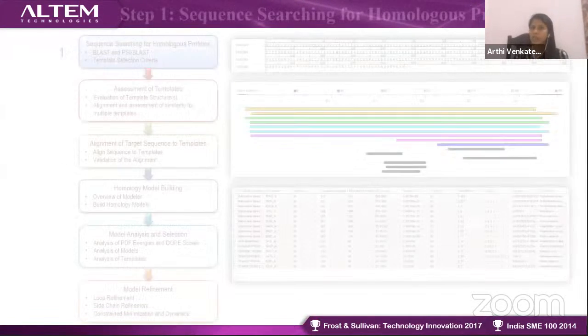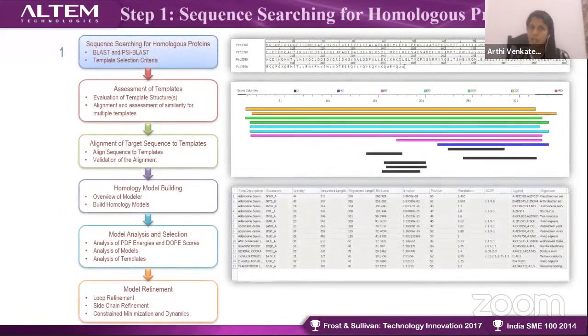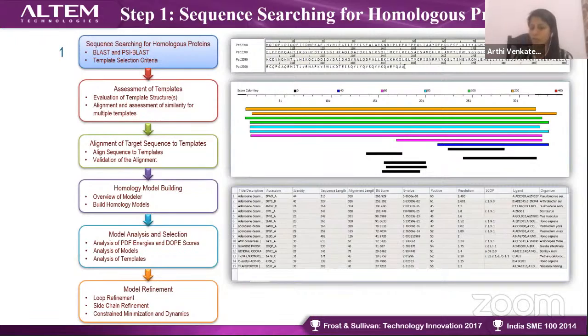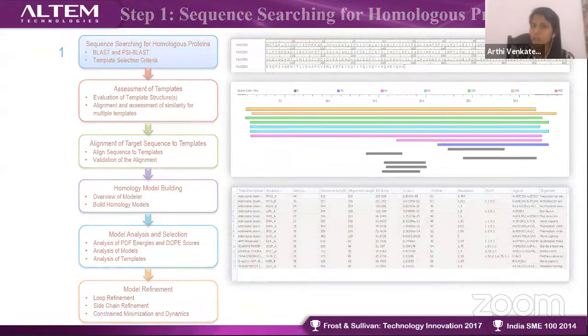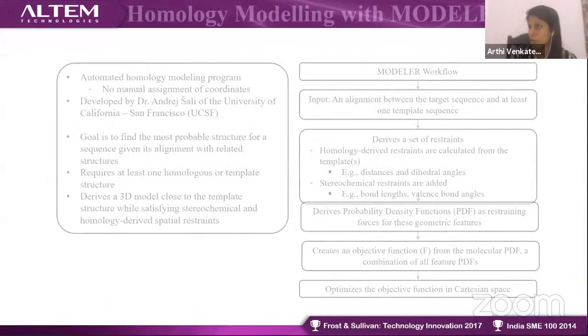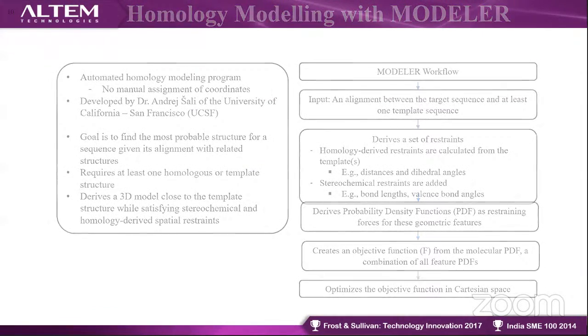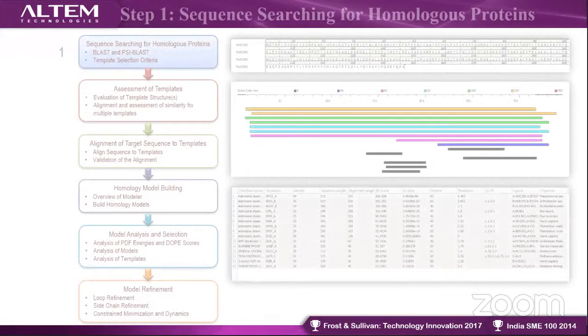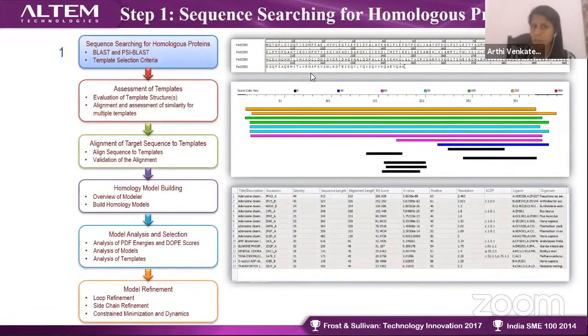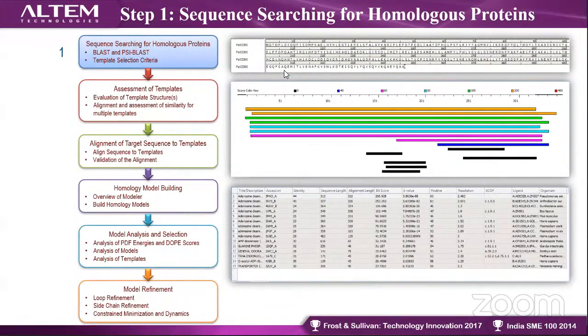So, coming to sequence searching for homologous proteins. This is completely from BioVia Discovery Studio. Whatever I have mentioned here, you can do in the online servers. And here what I am representing,